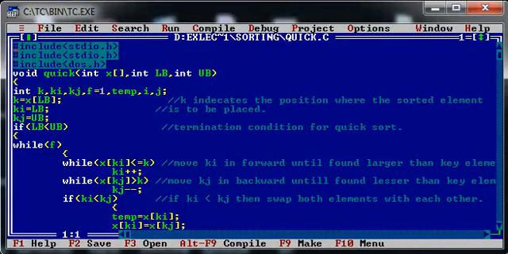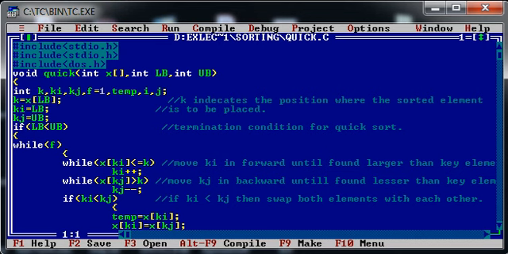Starting with our first algorithm of this lecture, the quick sort algorithm. As we have discussed in our theory session, in the quick sort algorithm, the entire array is divided into two parts, that is left partition and right partition. Further on, we are going to process each partition individually until we find the entire array sorted.